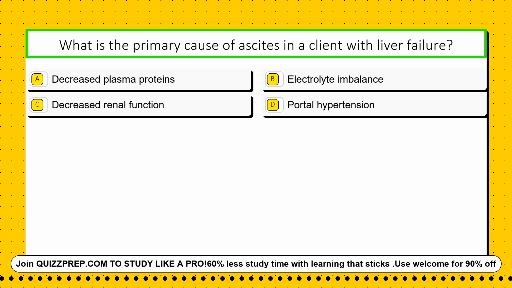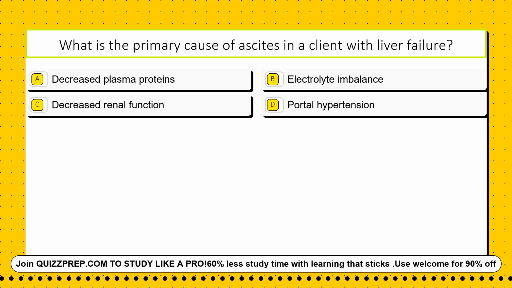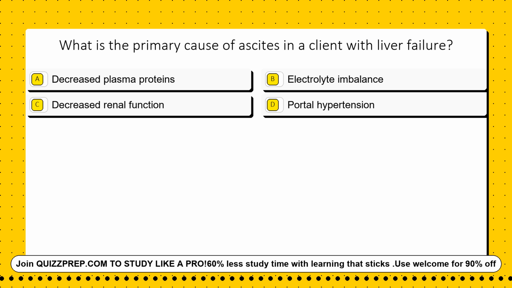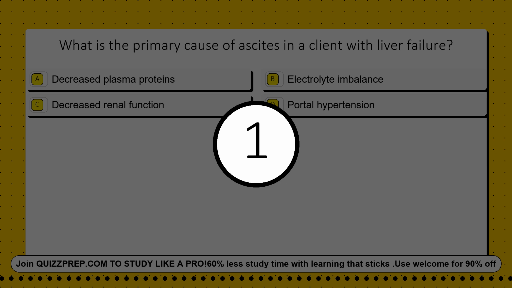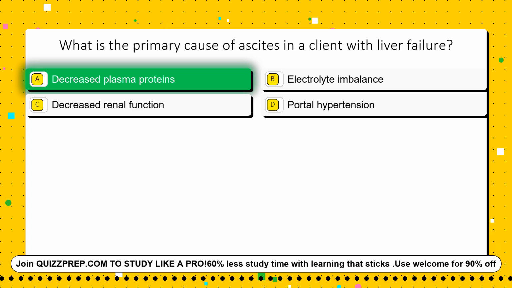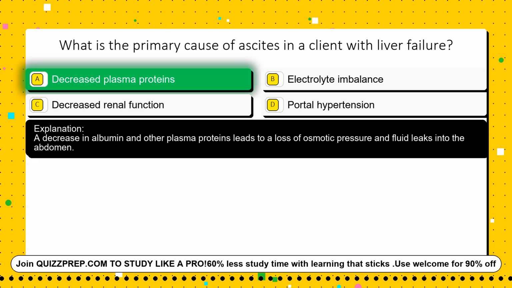Question 11. What is the primary cause of ascites in a client with liver failure? Option A, decreased plasma proteins. Option B, electrolyte imbalance. Option C, decreased renal function. Option D, portal hypertension. The correct answer is option A, decreased plasma proteins. A decrease in albumin and other plasma proteins leads to a loss of osmotic pressure and fluid leaks into the